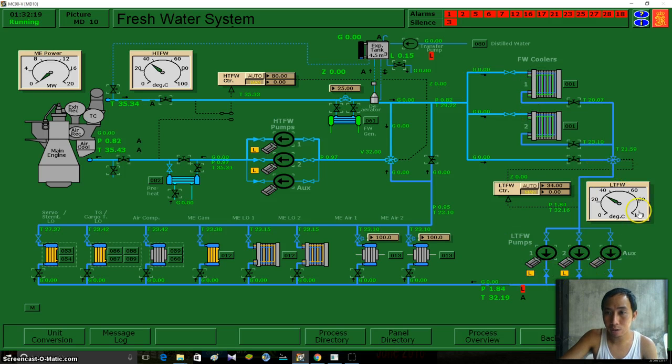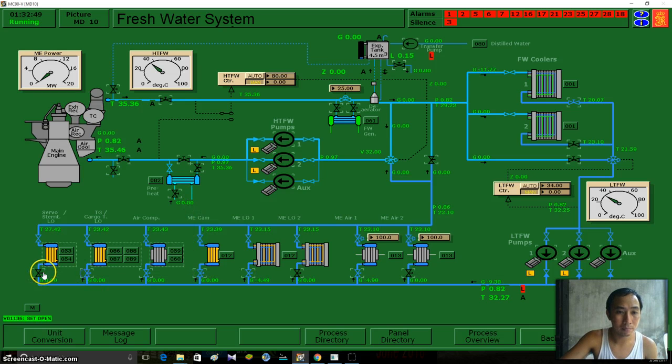From here, we have our freshwater cooler. From this line, we have our pump, going to our coolers. So we have sets of coolers here. We're going to start our cooler for our air compressor. Okay, you can also open this one. This is for our air number 1. It's for our lube oil number 1.